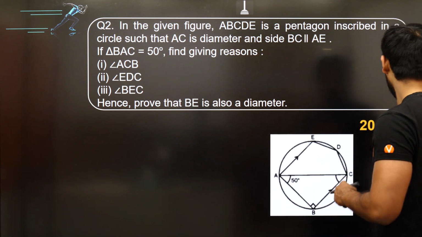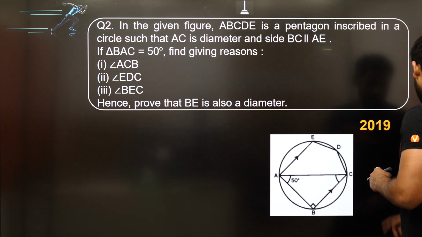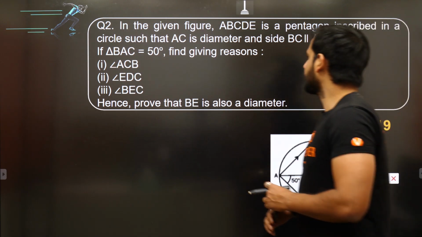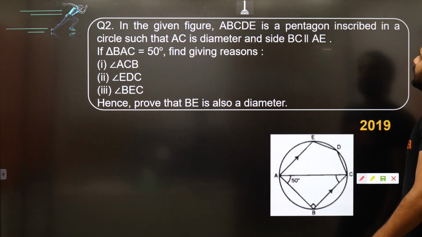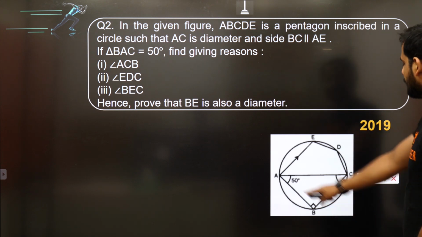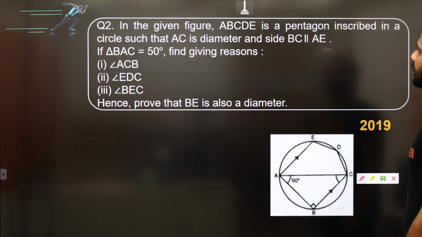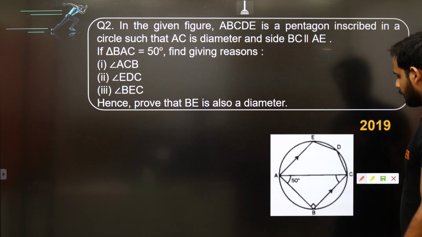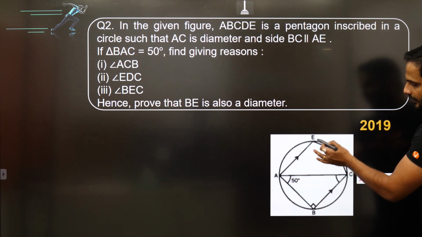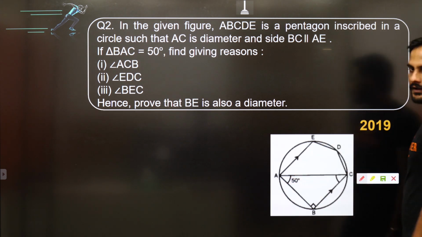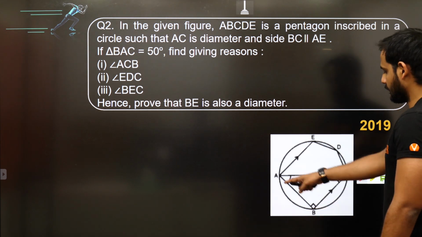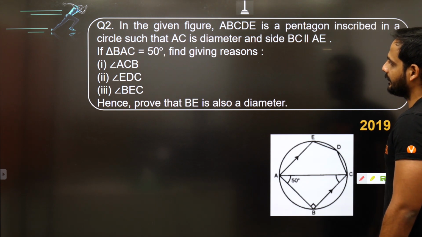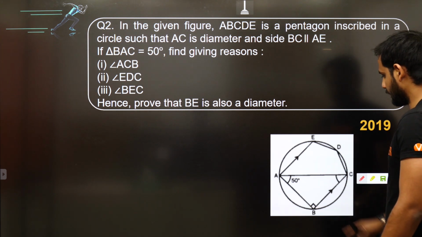The next question is this. In the given figure, what are they saying? In the given figure, ABCDE is a pentagon inscribed in a circle such that AC is diameter, and side BC is parallel to AE. So beta, these sides BC and AE are given parallel. If in triangle BAC, angle BAC is 90 degree, find, giving reasons, angle ACB,